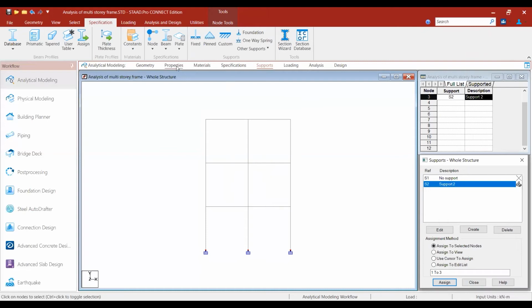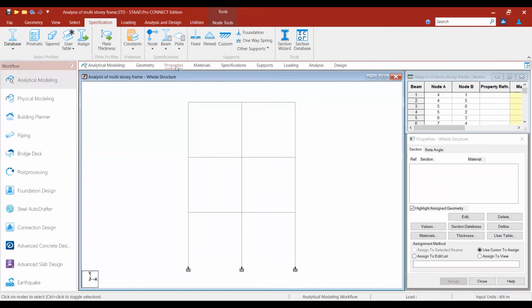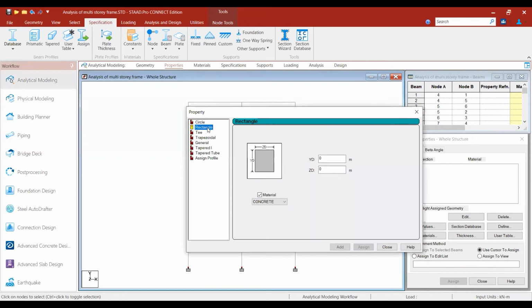Next, you go to the material properties. Now you have to define the properties. Define material properties. The material is concrete. You can use one property for columns and another for beams as you wish, but here we are giving only one property, 0.3 and 0.23.